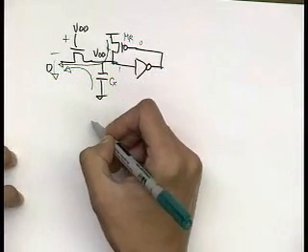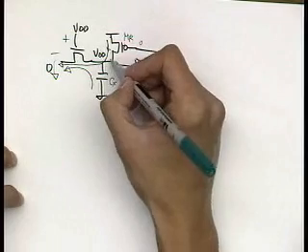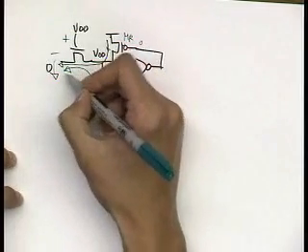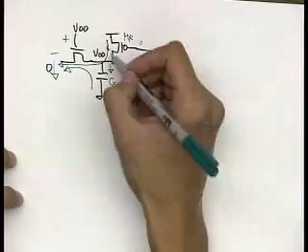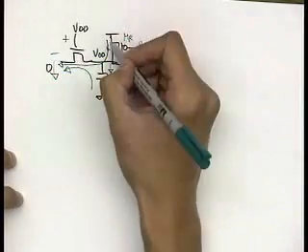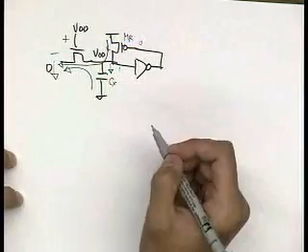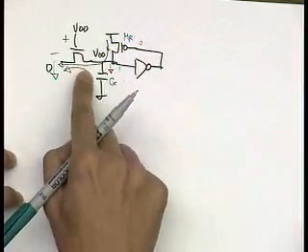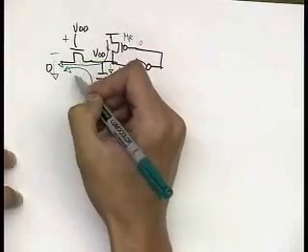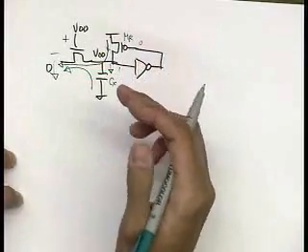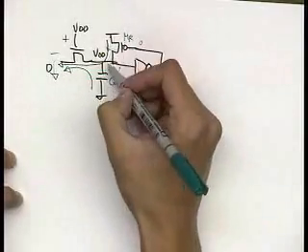This discharges, so this voltage goes down, and then as this voltage goes down, I have current here. Now, if this transistor can only supply a certain amount of current,